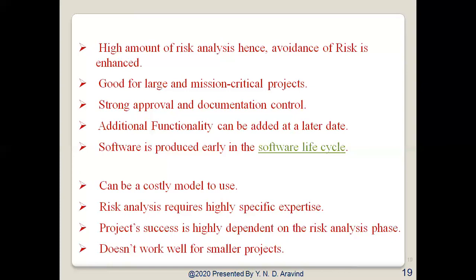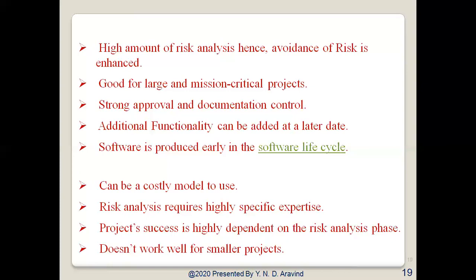So it is highly customized to each project, and thus quite complex because it has limited reusability, and a skilled and expert project manager is required for these kinds of spiral models. There are no established controls for moving from one cycle to another. That is another disadvantage. Without controls, each cycle may generate more work for the next cycle. So these are the different disadvantages of the spiral model.